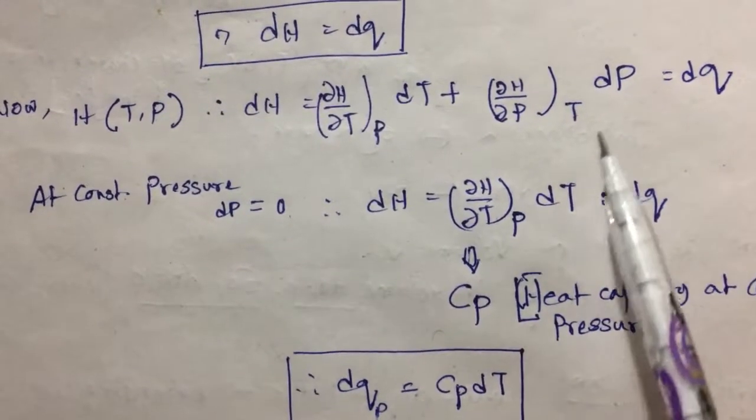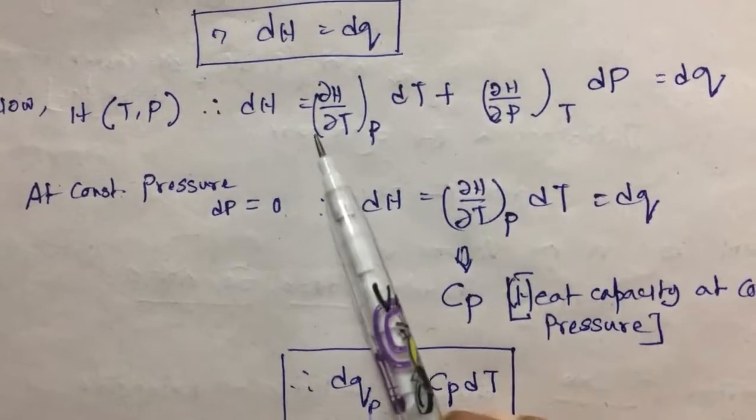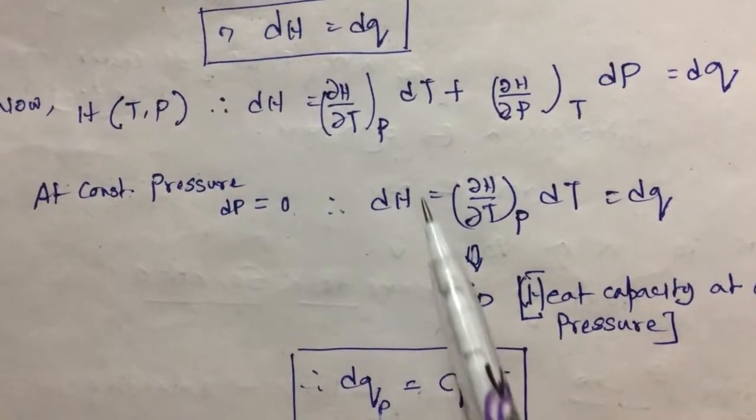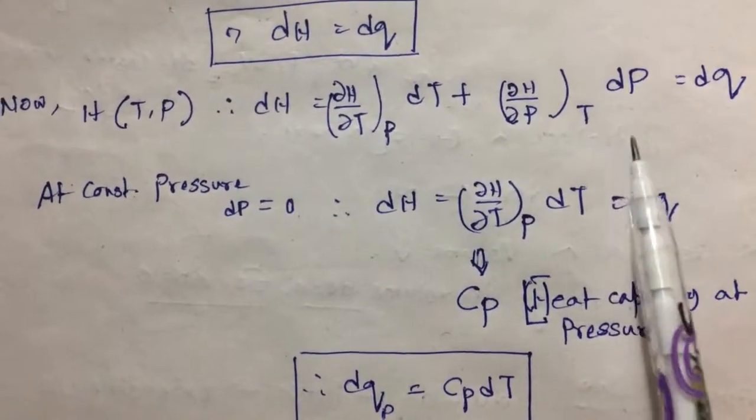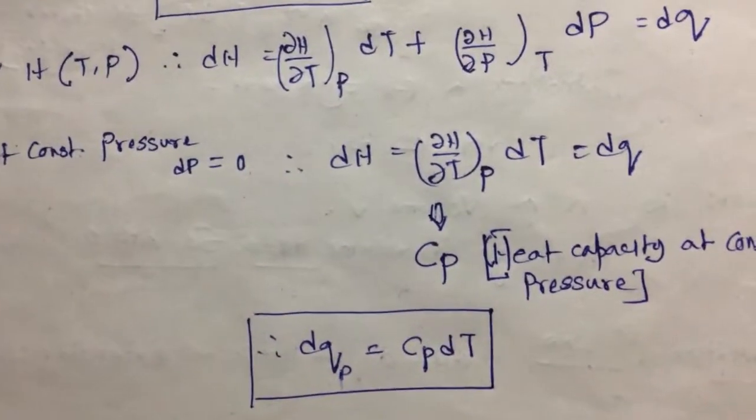But for constant pressure, this term vanishes, so what remains is dH equals dQ. Now, we define this